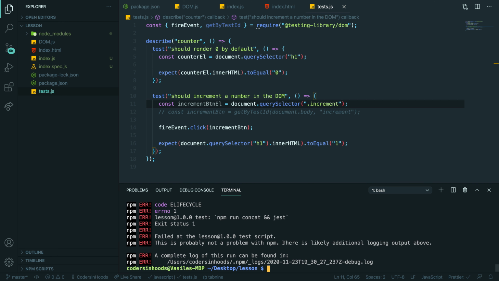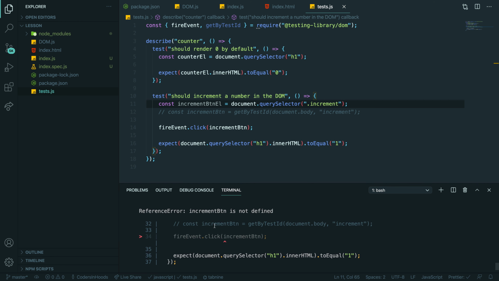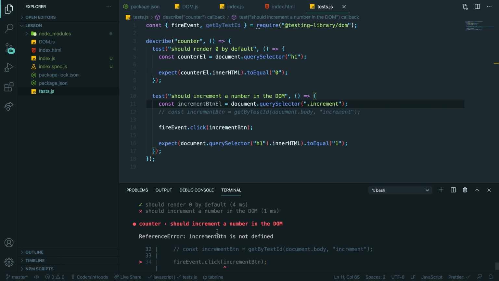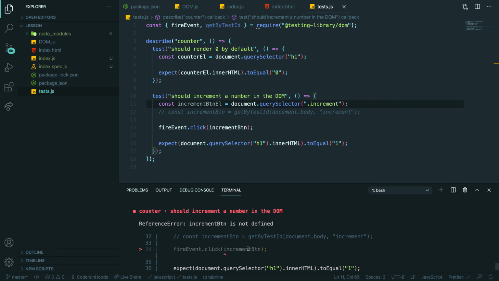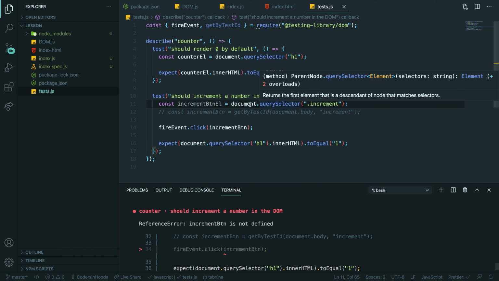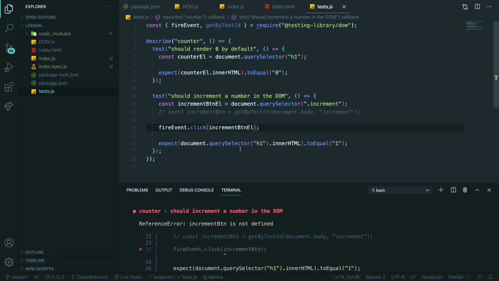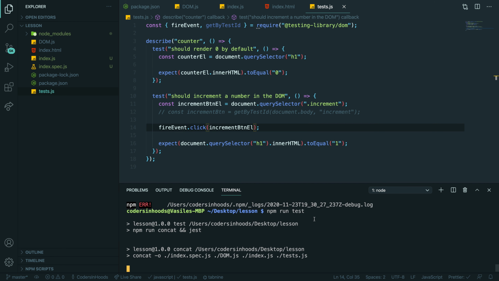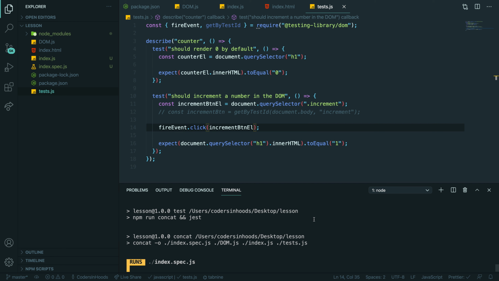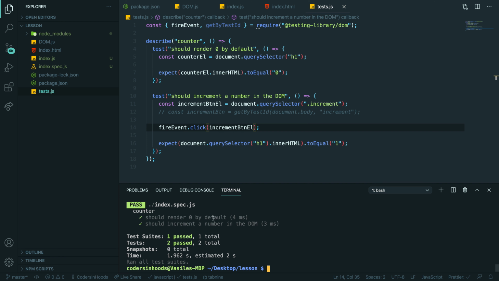Because I think you should be able to. No, you are not able. It should increment the number on the DOM. Click increment. Increment button is not defined. What? Oh, sorry. Let's rerun. Yeah. So you are able to run just query selectors. You don't need the test IDs. This is for React.